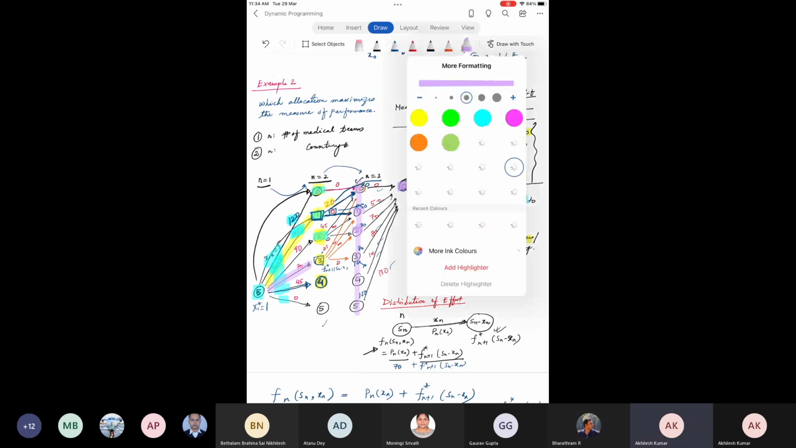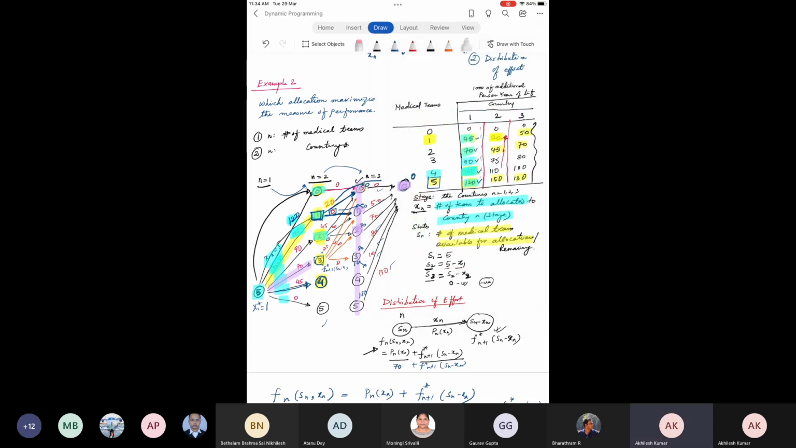Okay, let me continue. Let me use some interesting words. So from x1 star, you have come here. Then you have taken a decision to allocate 3 teams. How many teams are you left with for the next stage? One team. So the path you need to follow is